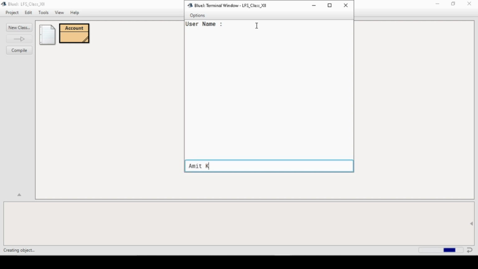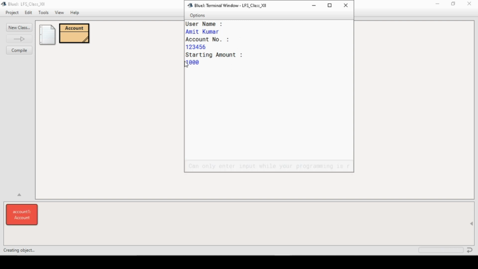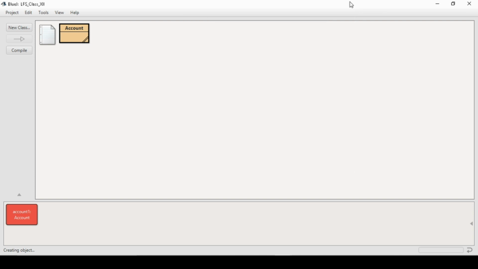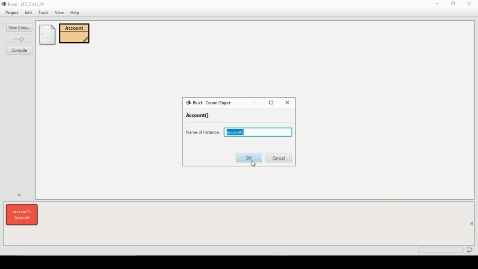So I am entering my name, Amit Kumar, account number 1 2 3 4 5 6, and starting amount, let it be 1000. And you see, as soon as the constructor work is over, the object is created. Similarly, I can create one more object, right click on it, click on new account, and the constructor is